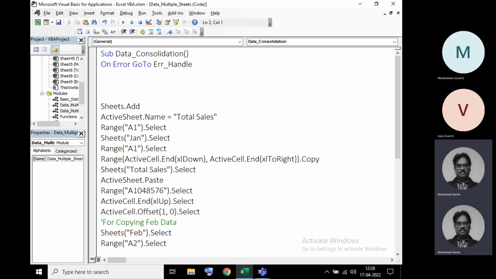What I'm telling Excel is that whenever an error is generated, don't display the error. Instead of displaying the error, go to a program called ERR handle. Now this ERR handle is again a variable. When you write a statement, how do you know which one is a variable and which one is the mandatory keyword? All the keywords or statements that are important for the program will always be colored